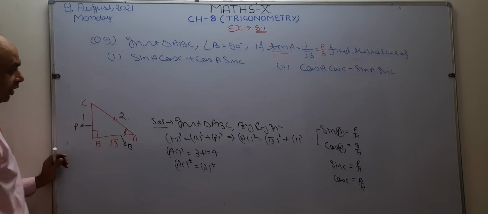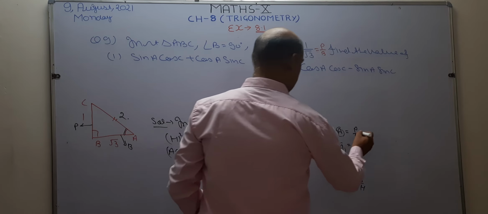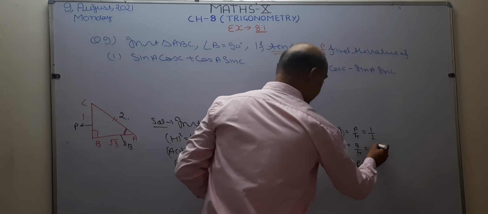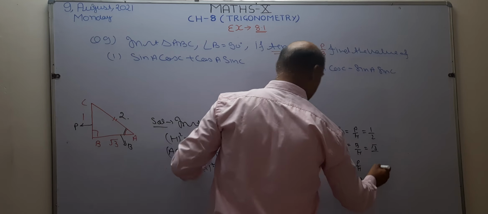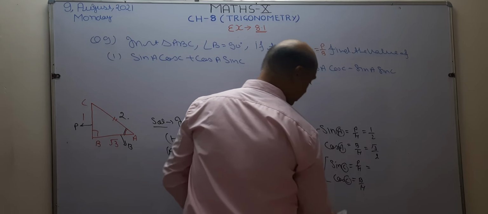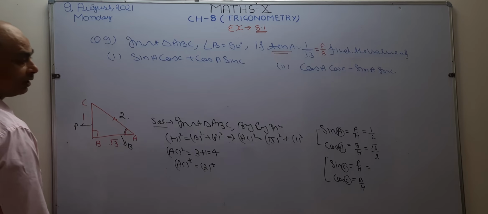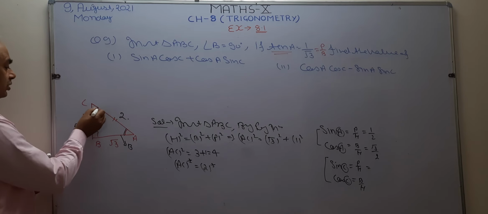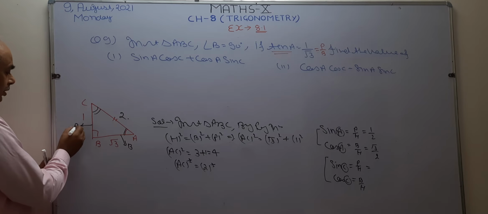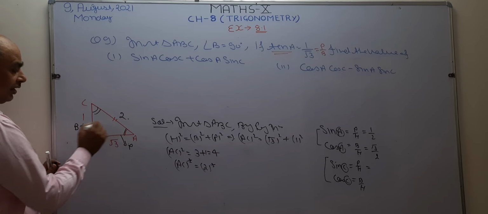Okay. Now perpendicular is required. So perpendicular becomes 1, so I write here 1 upon 2. Base becomes root 3, I write here root 3 upon 2. Hypotenuse is going to remain the same. Now in the second part, angle C is given. Now this angle C is going to decide which side becomes the base. Angle C is going to lie on this side BC. So in the second part of the question, this side becomes the base and this side becomes the perpendicular.